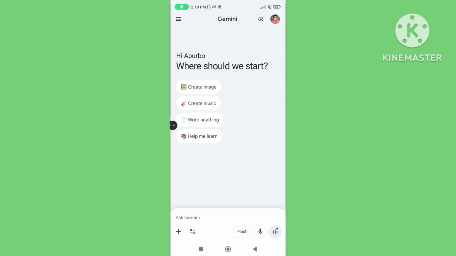You can follow all of these steps to fix the Google Gemini AI video generating problem, creating problem, making, or Google Gemini video editing